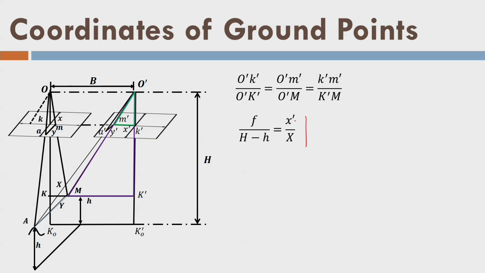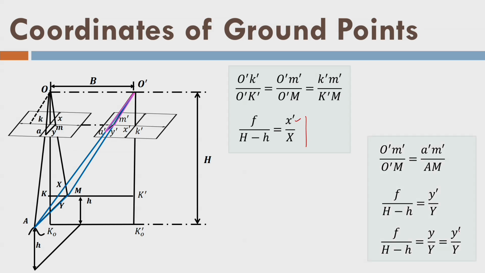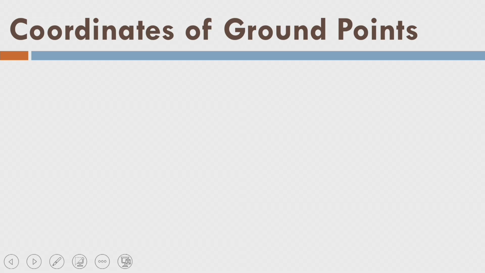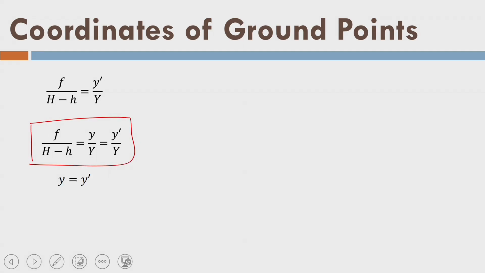So for this second photograph, it is x dash. Similarly, with this triangle shown here, after this triangle and this triangle, they are similar triangles, so I can write the y dash also. That is the idea here: using y dash I am writing the y, knowing the scale of the photograph. Also this is equal to this. So we have found the ground coordinates in some way, and that is also true, as we proved in the last slide. So y equal to y dash like this,